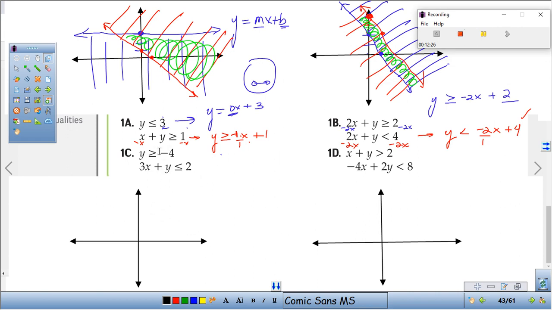Okay, so let's try this next one real quick. Again, I'm going to solve it as y equals mx plus b, right? Same thing over and over again. Now, solid line, solid line. And that's basically it. So this one right here, it's going to be